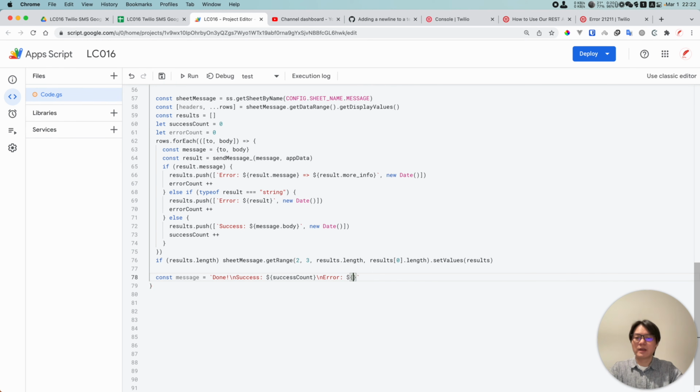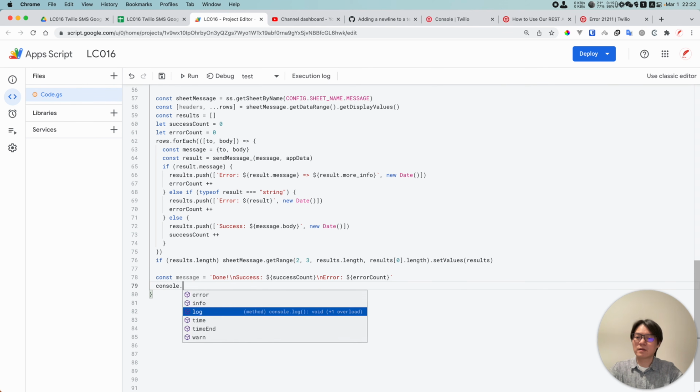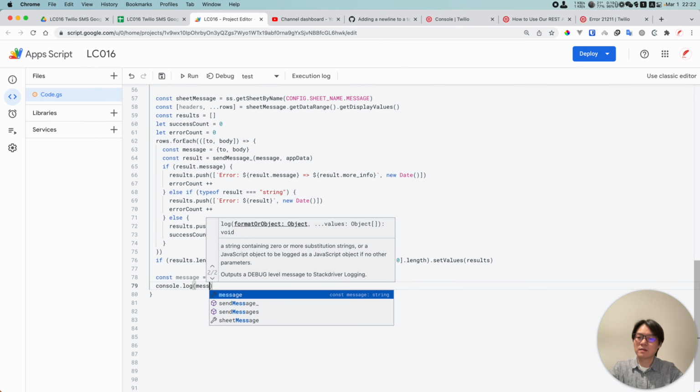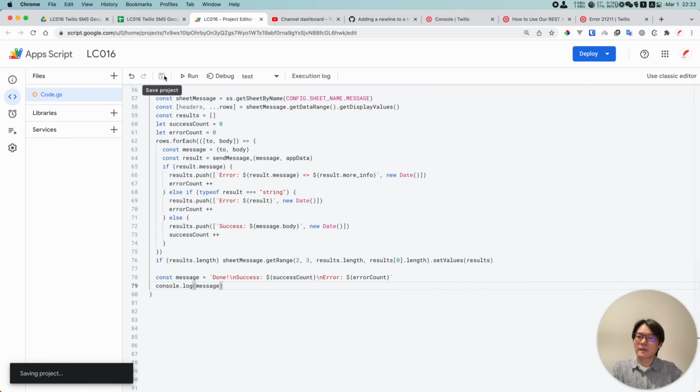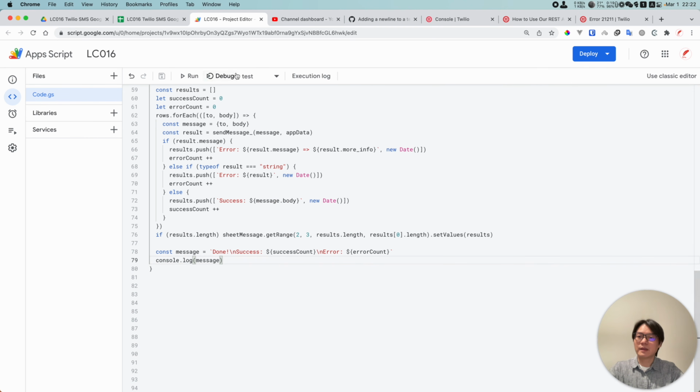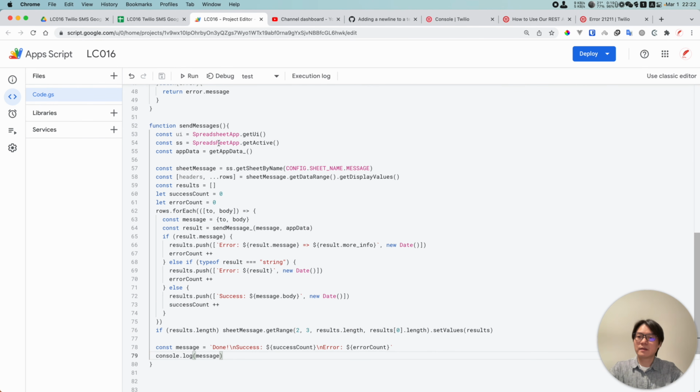So we put the error count here. Okay, so this is the message, and we can console log this message, save,